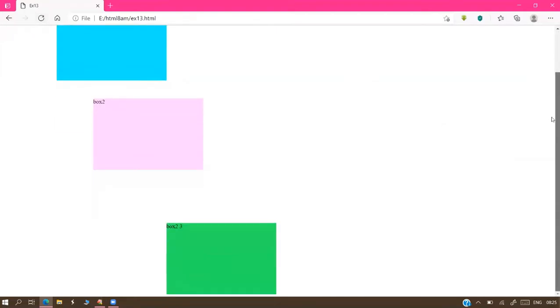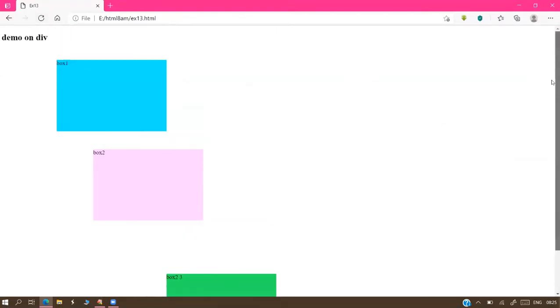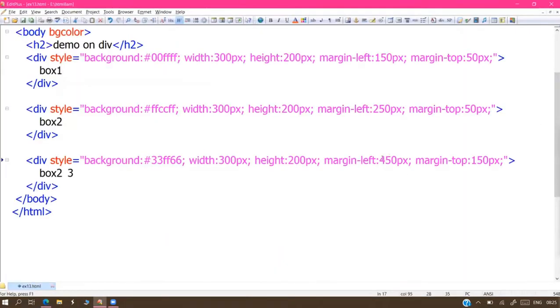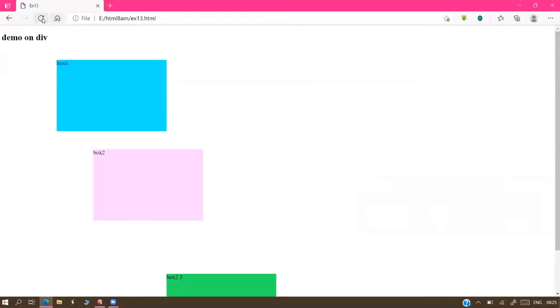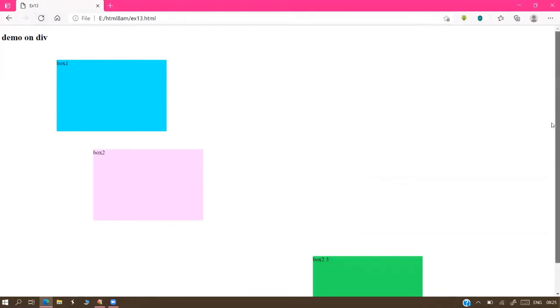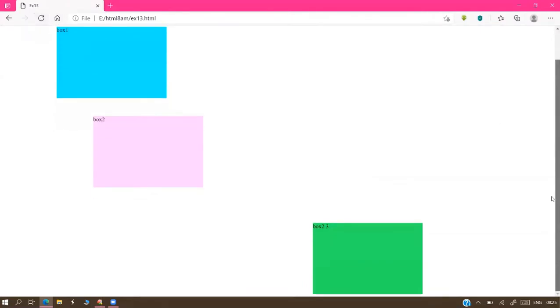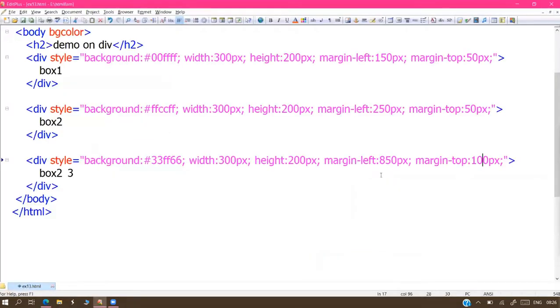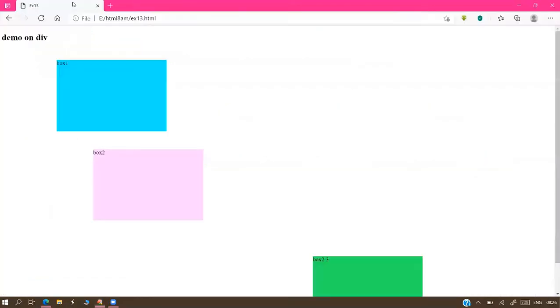The box comes like this. Otherwise, left measurement 850 pixels, top measurement 100 pixels. The box comes almost to the right corner. Again, you can move some more distance. 1000 pixels, sir. This is some 60 pixels.